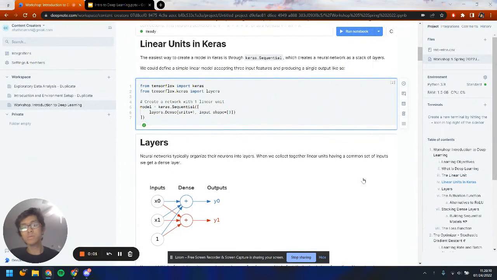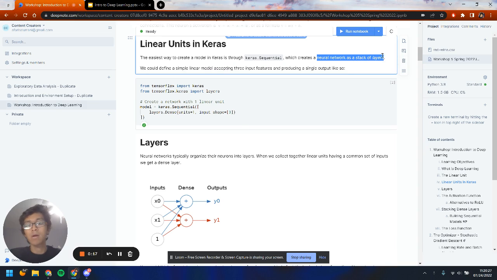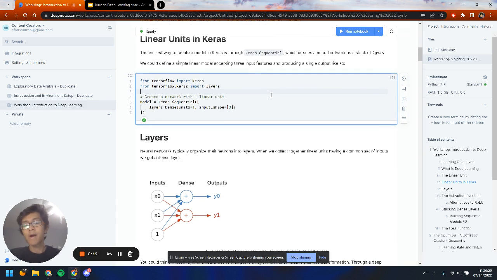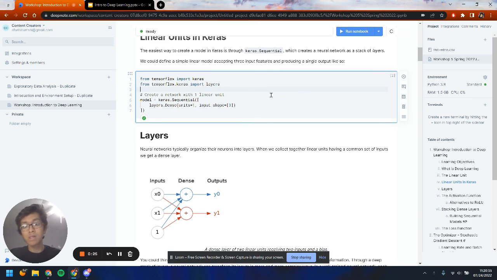Now we'll be moving on into how to create your own deep learning model inside Python using a module which we call Keras, which is itself a part of TensorFlow. The way you create a model is through Keras.sequential, which creates a neural network as a stack of layers. And we could define a very simple one layer linear model accepting three input features and producing a single output